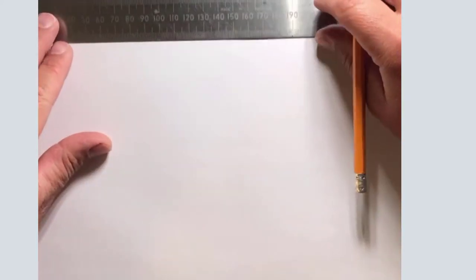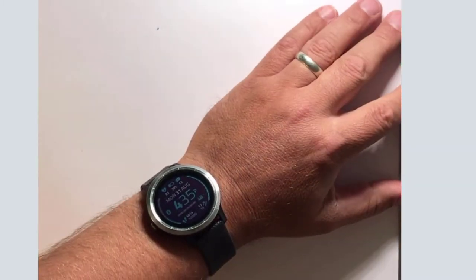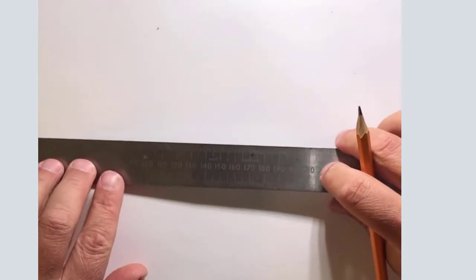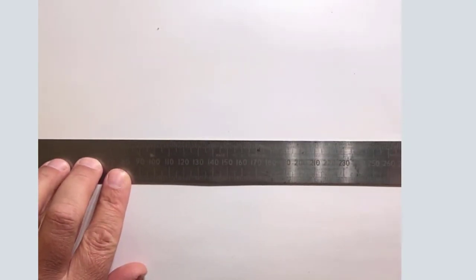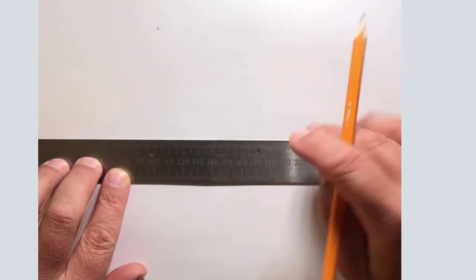So if I go 150 and 150, and for anyone who's not sure what I mean by 150, that's 15 millimeters. That's going to be halfway left and right of my page, and on this side I'm going to come down 105 and 105, so that's 10.5 centimeters. Okay, now if you just want to do it 10 and 10, that's fine, it won't make much difference. So if I look at my page now, I'm kind of estimating where that middle line is. I'm going to just draw a little line here,